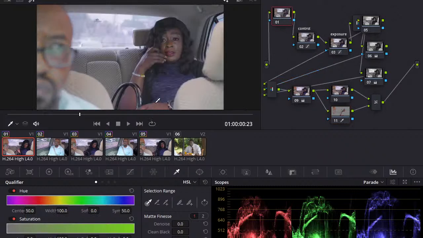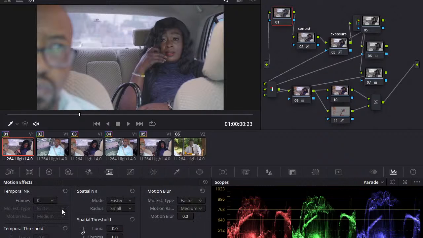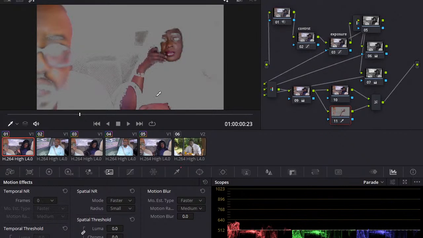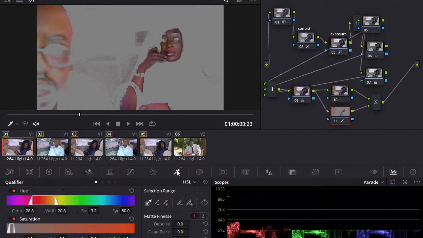Sometimes you may not notice it, but denoising helps smoothen out the colors. So I'm just going to do 5 better, say medium, and then I'm going to crank up a little bit to smoothen out the image. And then if I come back, in most cases, if the image is too noisy, it's going to help smoothen out these white areas.